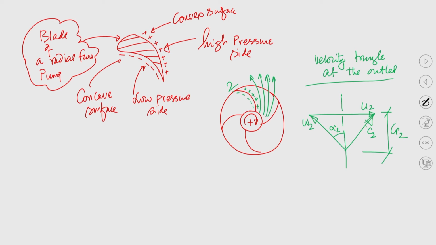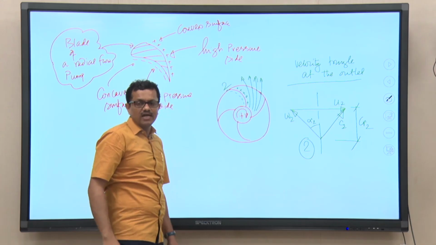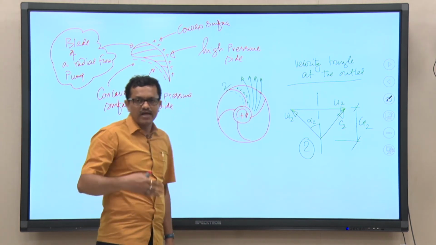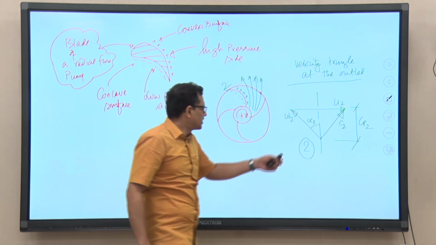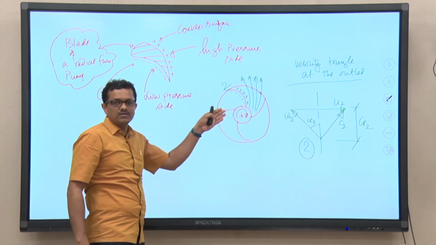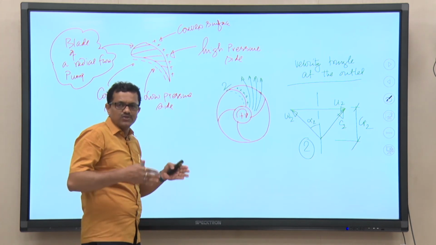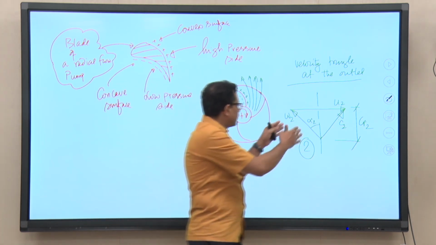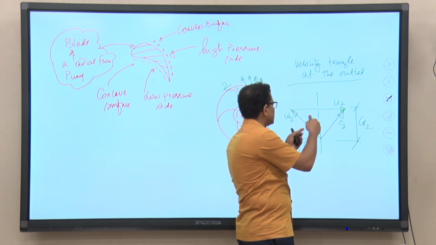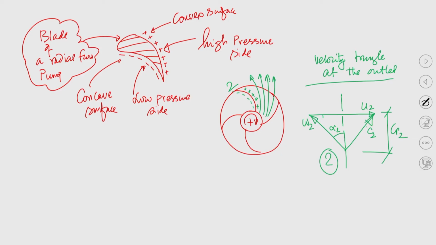So, this is point 2, right. At point 2, that is at the outlet of the pump, if we try to draw the velocity triangle, it looks like this, right. Now, we are familiar with all the velocity components, just the one angle alpha 2 that I have drawn. This is beta 2. You can understand this angle is beta 2.